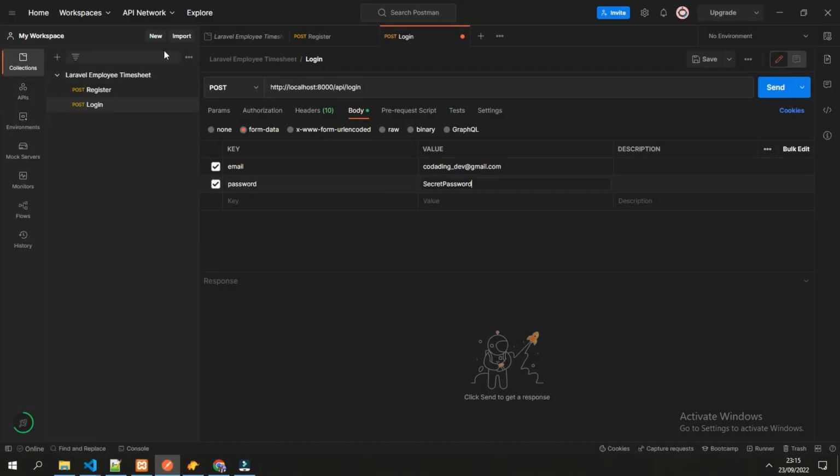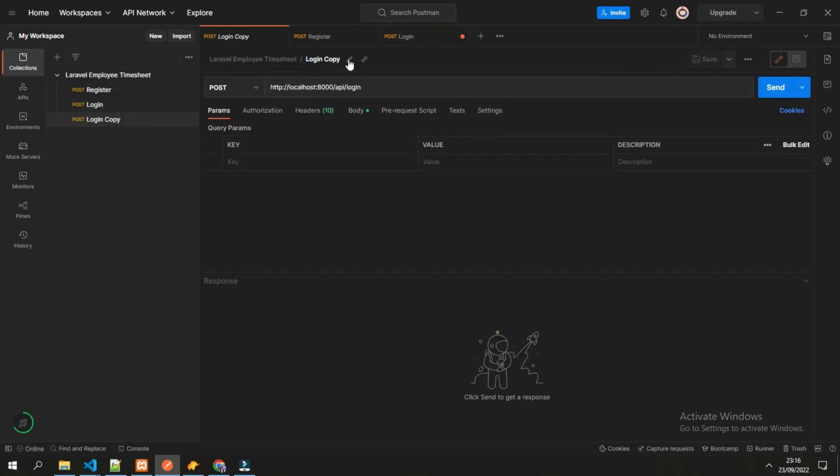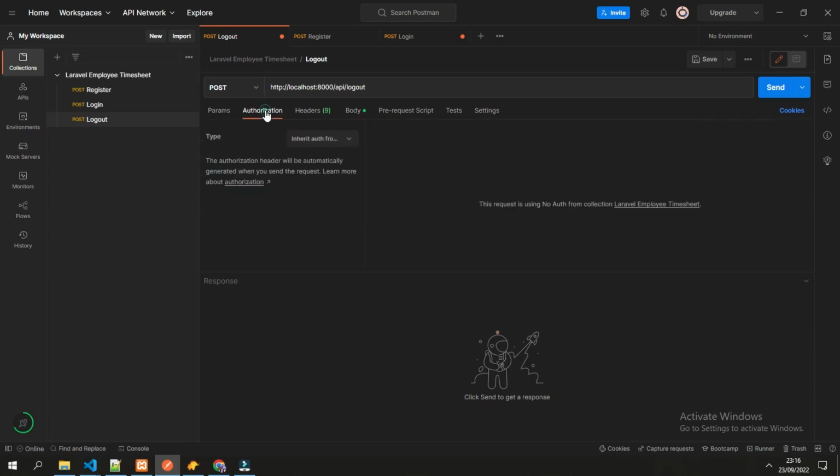Let's create a new request. We can copy from here. This would be logout, and it won't send any parameter, but we will add the authorization in here in the bearer token.